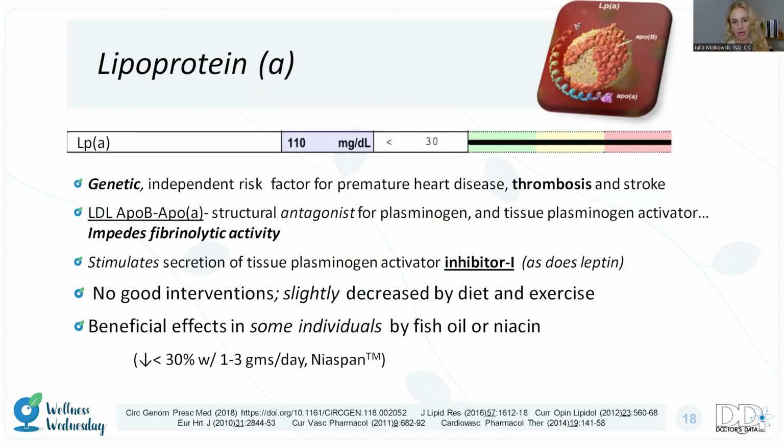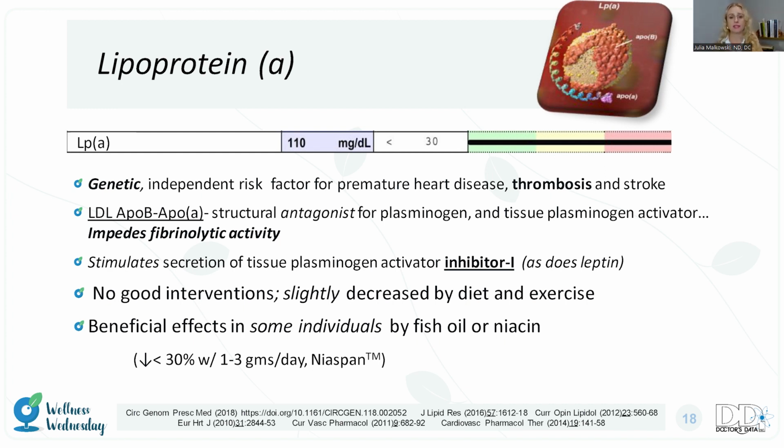We're going to take a look at lipoprotein A. Lipoprotein A is the genetic marker. So really it's important to get this information for your patient at least once per their lifetime. This is an independent risk factor for premature heart disease, thrombosis, and stroke. And then the thing with lipoprotein A is it stimulates the secretion of tissue plasminogen activator inhibitor 1. So essentially when